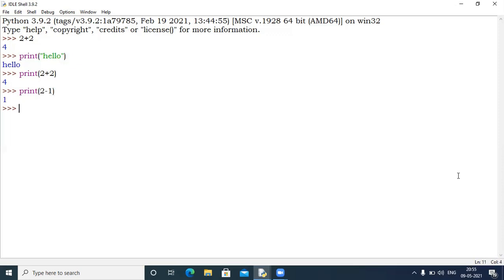There are different types of functions or different types of calculation that can be done. All these are operators: plus, minus, divide, multiply, exponent. Let me show you all the operators here, but there is only one drawback. All the commands which you write here in the interactive mode, you will not be able to save. So let's start with the script mode part.